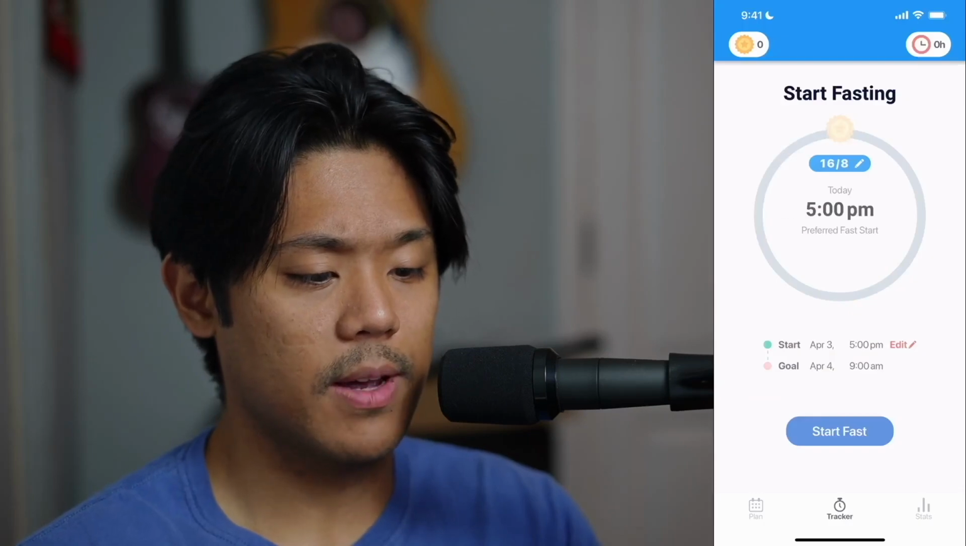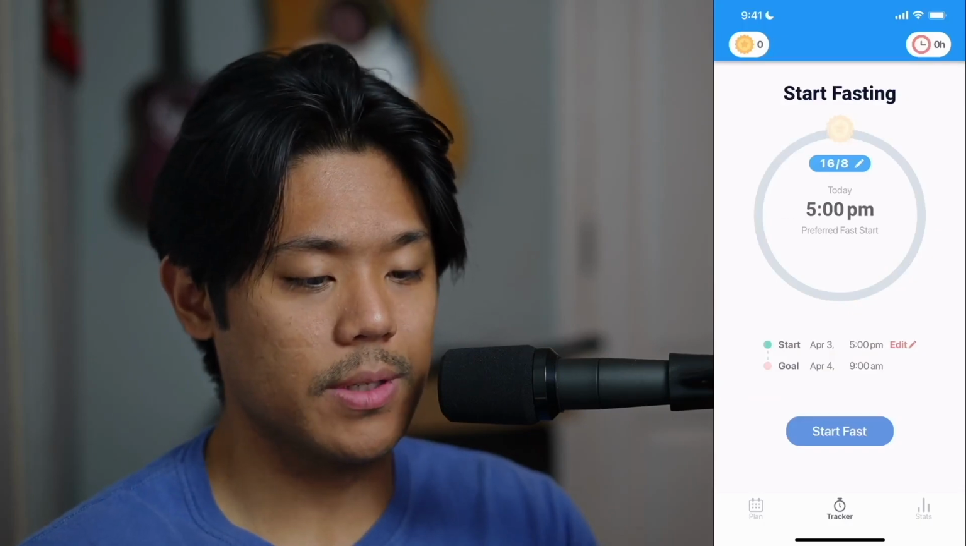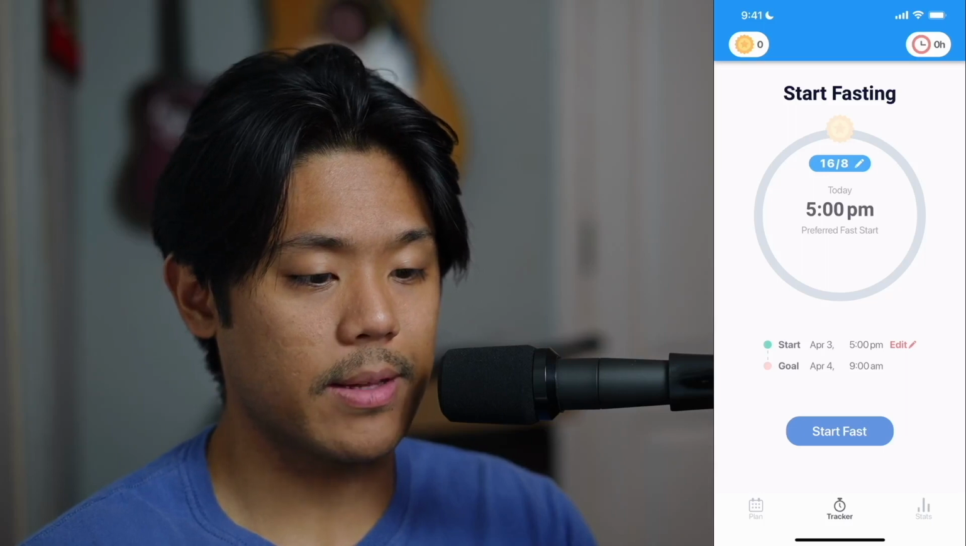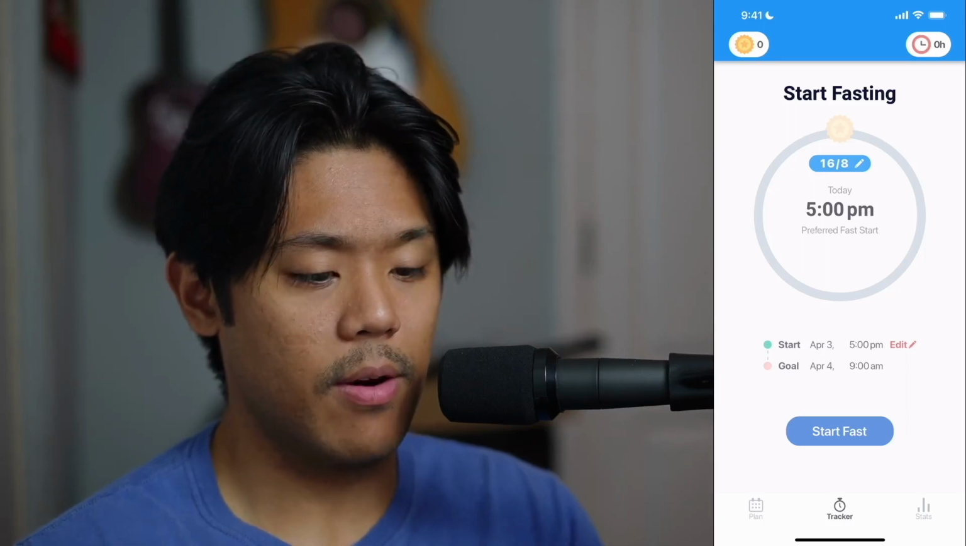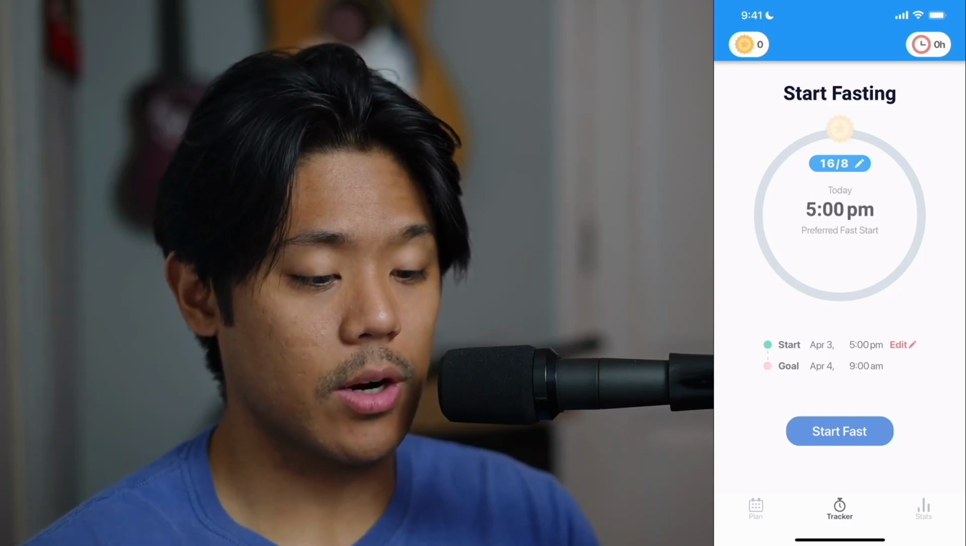Back on the main interface, if you look on the top right hand corner, you'll see this clock icon, and when you tap on that, it doesn't do anything. Here we have our main fasting circle, and over here where it says 16:8, that is the current schedule that I am following, and if you tap on the pencil icon, this brings us to fasting times where you can